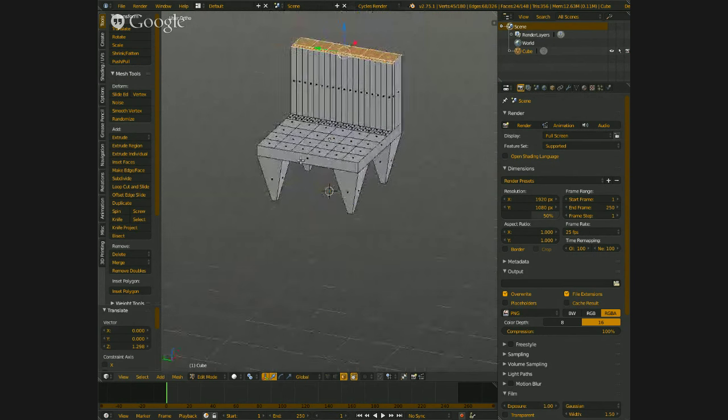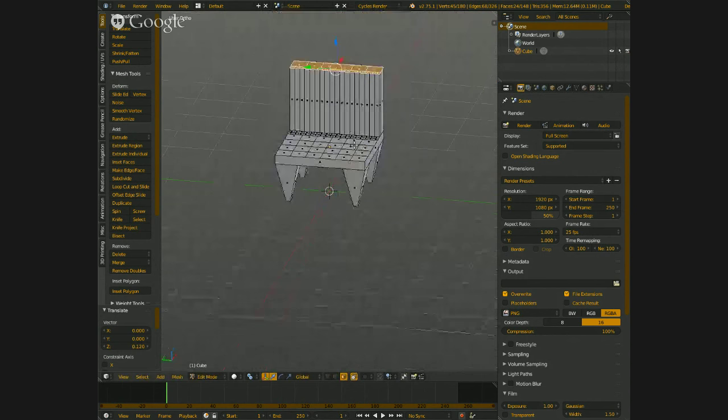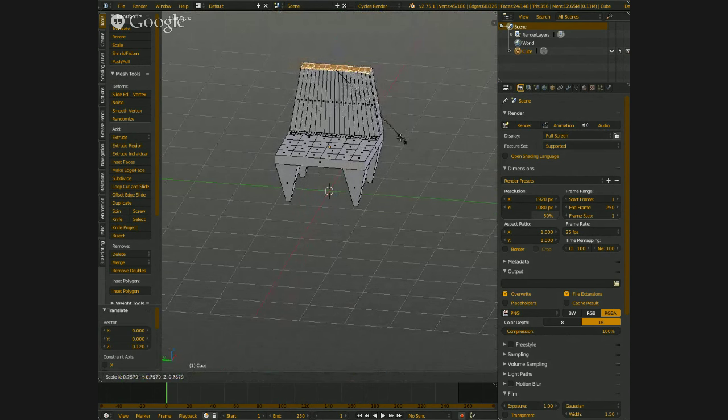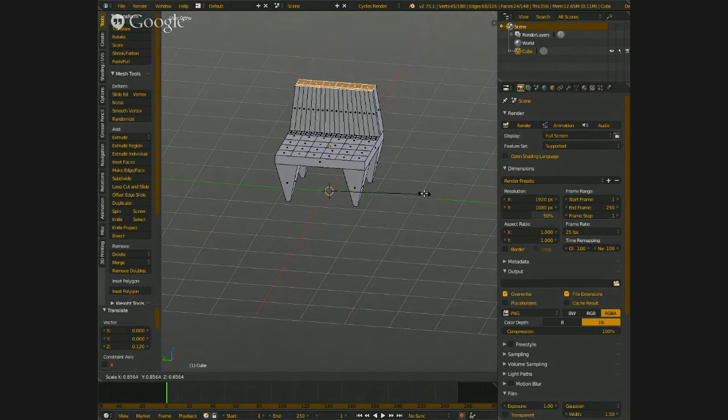Now this looks sort of ugly right now, but don't worry. Now we're going to pull this up, grab, and that still looks ugly. So how are we going to make this better? We are going to hit scale and scale down just a little bit so that we have this sort of stylized chair. The problem is it's not really looking that good. So we want to scale this down again, and just find a nice